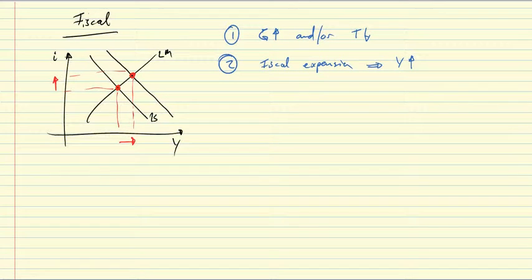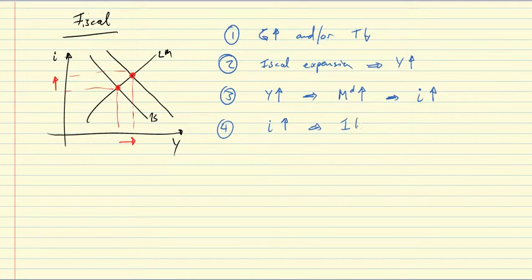multiplier process. Now, third, that increase in income in turn leads to an increase in money demand due to higher transactions demand. The money demand curve shifts right, and that in the financial market leads to an increase in the interest rate. Fourth, the increase in the interest rate triggers a decrease in investment, and hence through the multiplier process a decrease